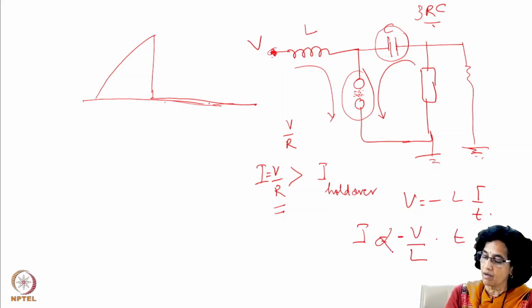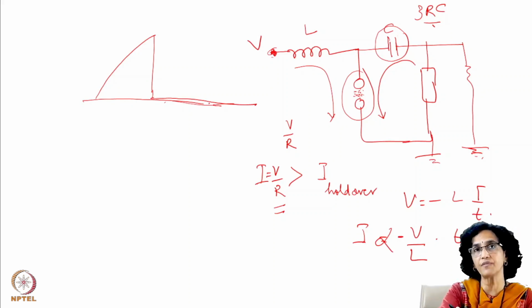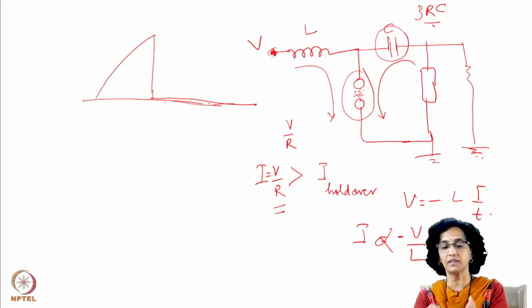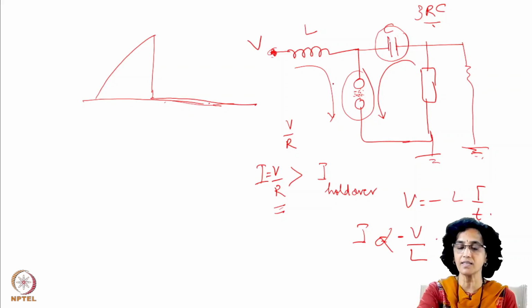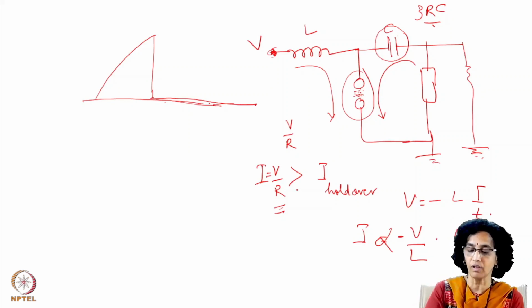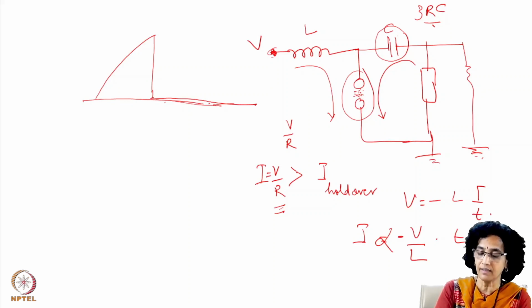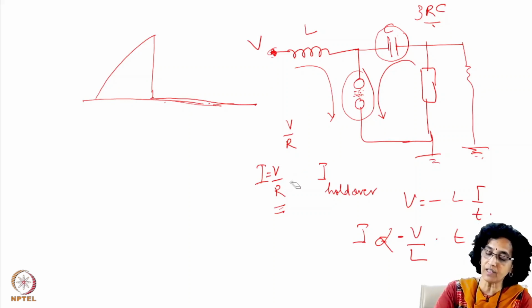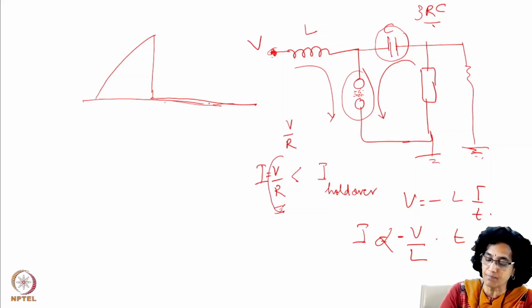So, in the case of an inductance, the advantage is this. In the case of resistance, immediately after the condenser discharged, at time t equal to 0, the maximum current given by I equal to V by R started flowing through it. Therefore, we have to ensure that the holdover current is more than V by R, so we had to ensure that this is maintained low.